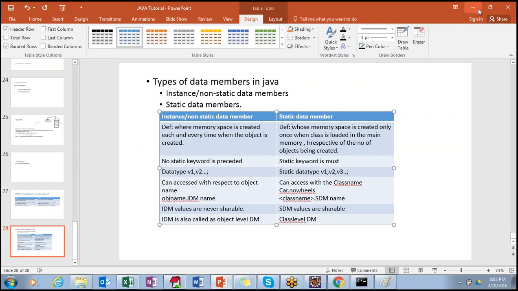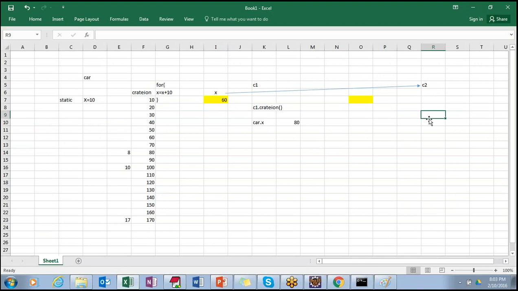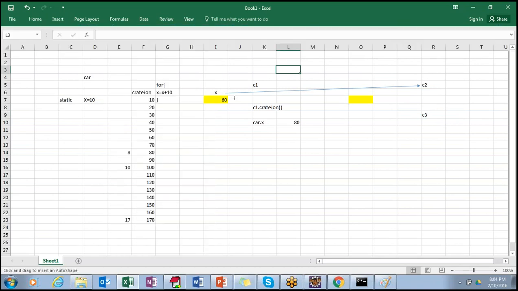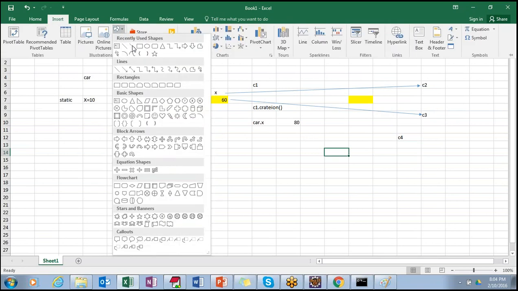Even if you create 10 objects, say C2, C3 or C4, all of them will refer to the same memory because it is static.